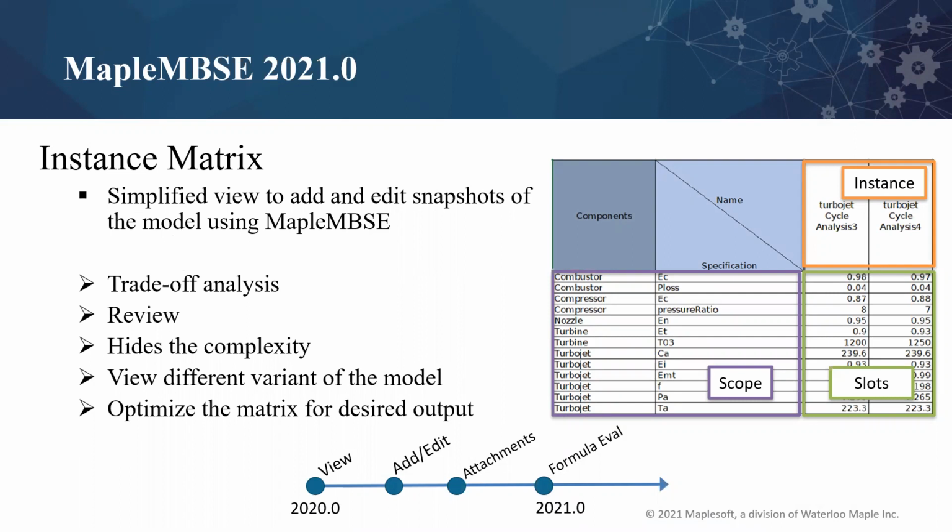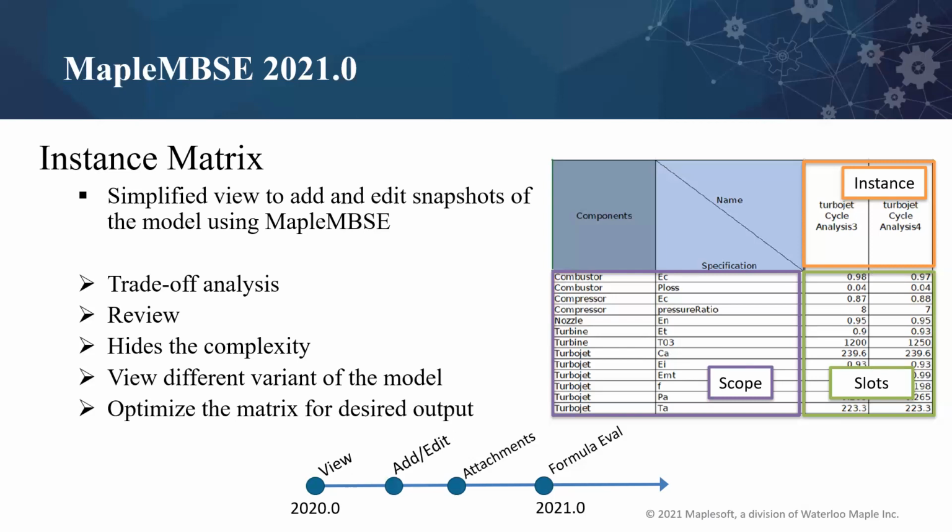To give you an overview of what the instance matrix is, when you define this block template in Cameo and in MapleMBC, you can bring this information and display it in a matrix format, as you can see here on the right. The instances from the Teamwork Cloud project are going to be displayed in columns, like the name of each instance, and this is going to be specific to a classifier. Say you have defined a template, and the top level block would be the classifier in this case for this instance. And then the rows are going to define the scope.